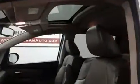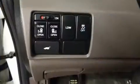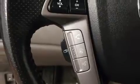Premium sound drives 7 speakers, providing you and your passengers a sensational audio experience. Honda also prioritized safety and security with features such as dual front impact airbags, brake assist, and 4-wheel disc brakes